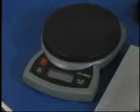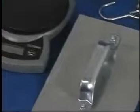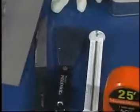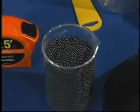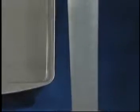You will need the following items: a scale capable of weighing the test specimen to within 1/10 gram accuracy, a rectangular template having a minimum area of 48 square inches and being at least 3 inches in one dimension, a knife and scraper for cutting and removing the sample, a thickness gauge and tape measure, size number 8 lead shot or unexpanded polystyrene beads with a nominal diameter of 0.04 inches, a funnel having a diameter of approximately 6 inches and a bottom diameter of approximately 1 inch, a minimum 250 cc graduated cylinder, a deep-sided tray or pan,